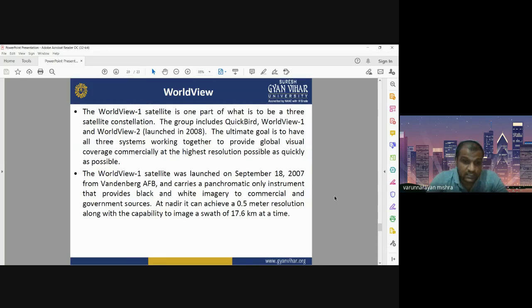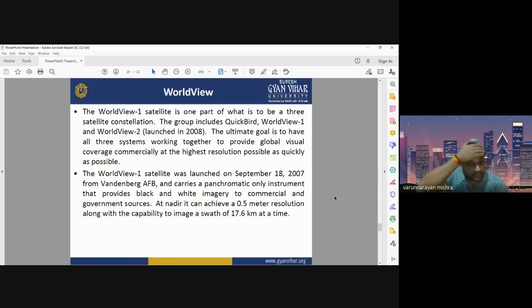You can see that its spatial resolution is only 50 centimeter. You cannot imagine how much good detail this satellite provides, at around 0.5 meter, that is 50 centimeter spatial resolution. But it is at the Nadir. Nadir is the position of the satellite just above, in the perpendicular direction from the Earth's surface.